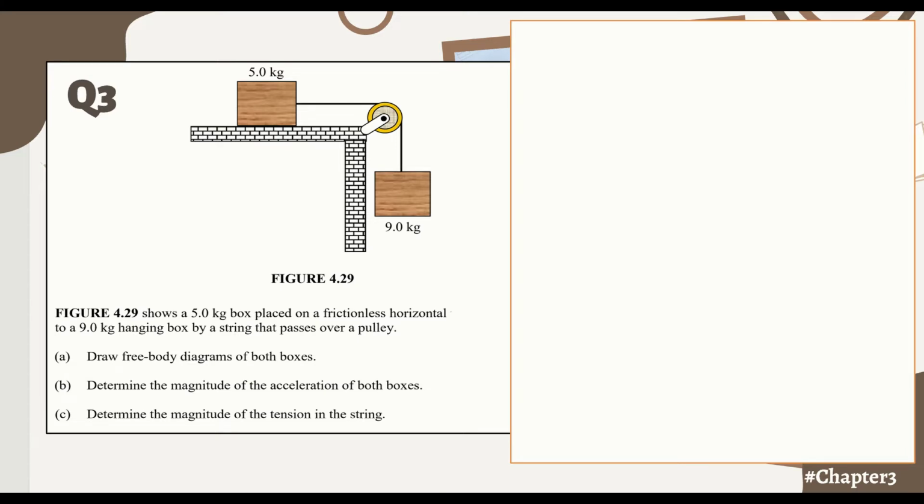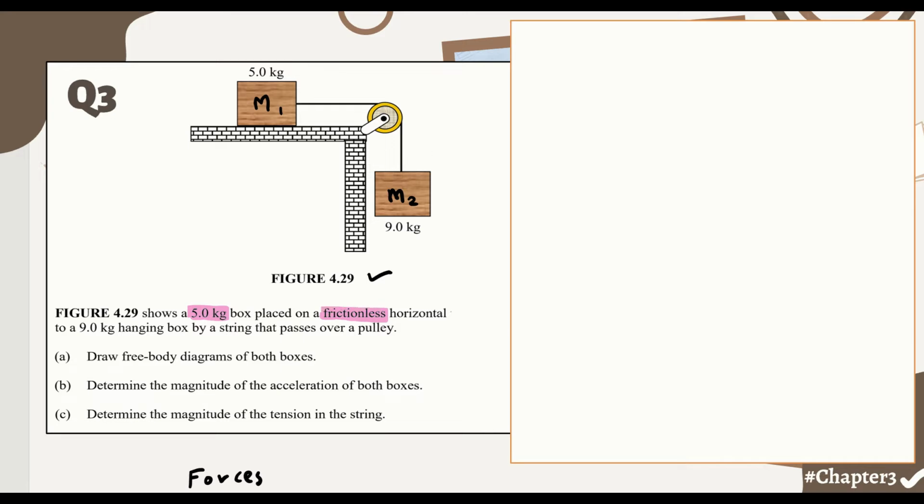Question number 3 is from chapter 3. Or to be specific, we focus on forces. And this is our diagram, figure 4.29. We have mass number 1 here and also mass number 2. And the question is, the figure 4.29 shows a 5 kilogram box placed on a frictionless, we have a hint here,